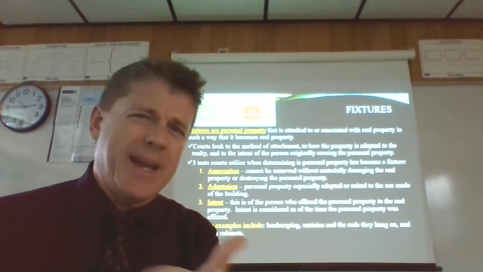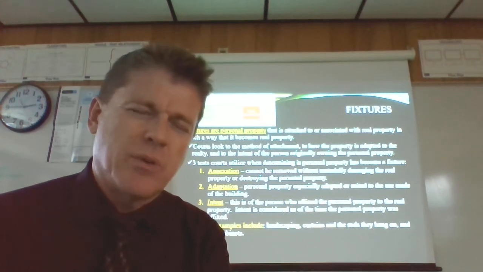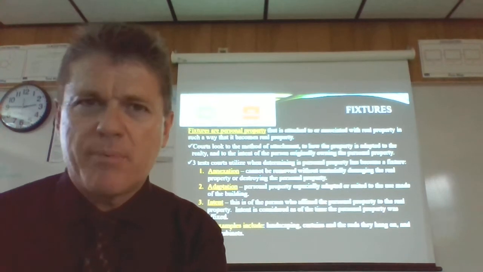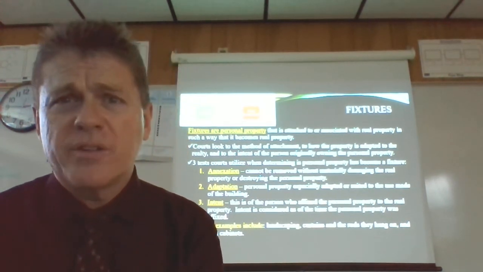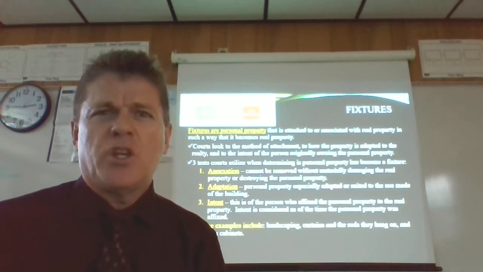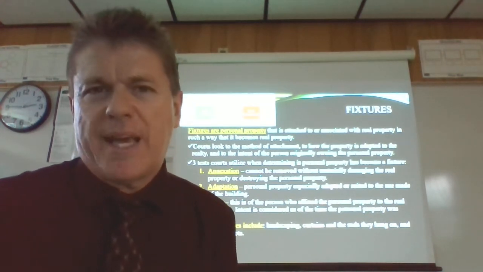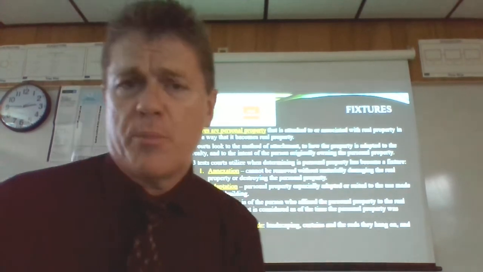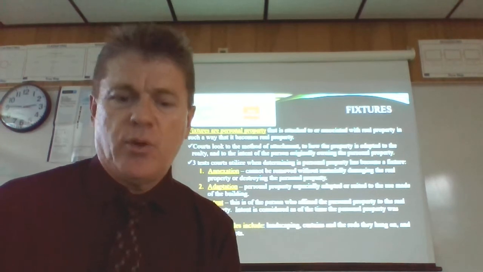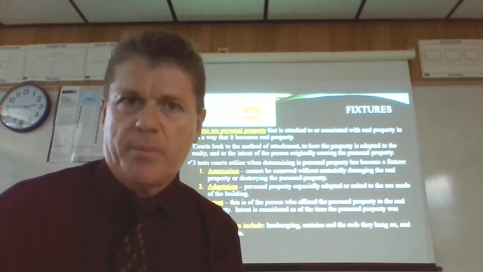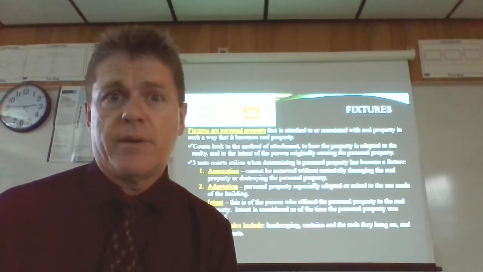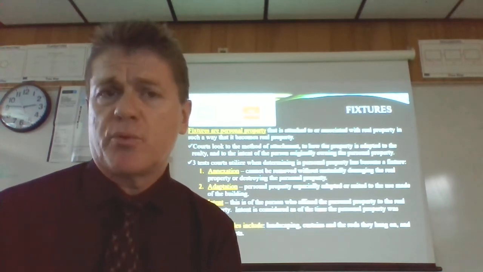And again, there are variations, but some generalized types of personal property that can be considered part of the real property: landscaping, curtains and rods, kitchen cabinets. Those are just a few examples. You can see how, with landscaping, for example, it might not be a fixture that's permanent. Maybe you just planted some small shrubs or flowers, and you can easily dig that up and not kill the plant, fill the hole in and cover it with grass, and no one would ever know it was there. So it is possible to remove it.